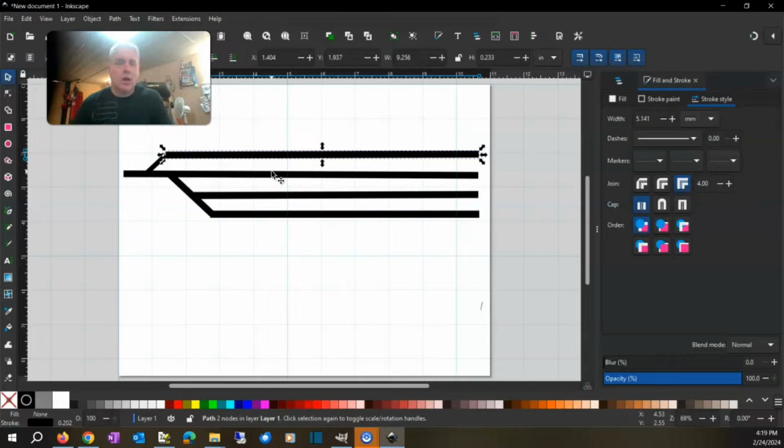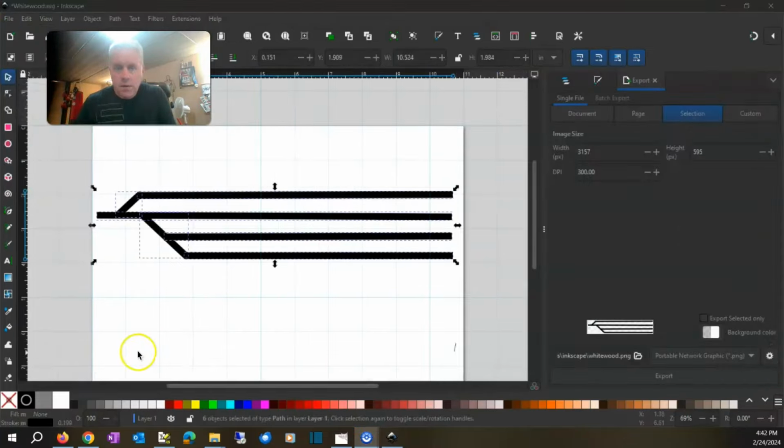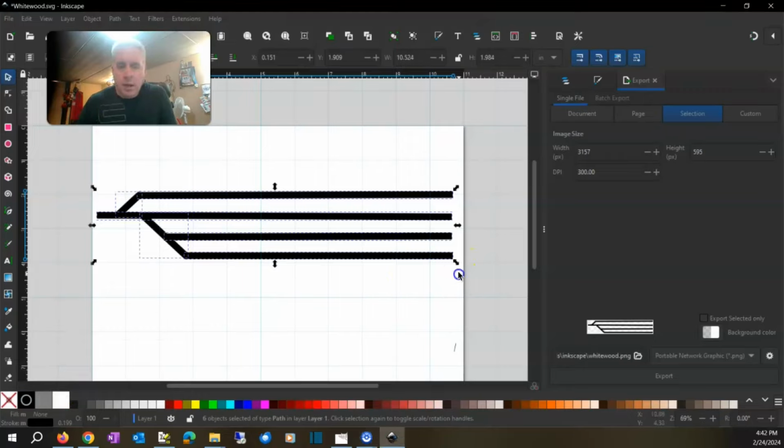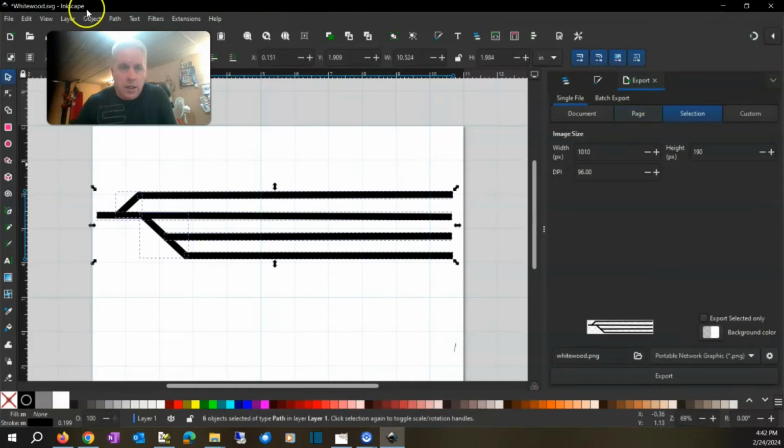I'm just giving you an alternative to something you can do here. So what we're going to do is go ahead and save this document. Once I've got everything tidied up in Inkscape that I want on my track plan diagram here, I'm going to go ahead and select everything and then hit the